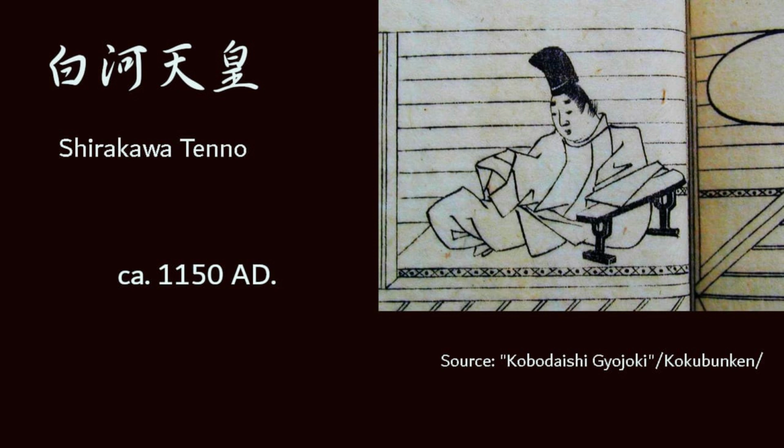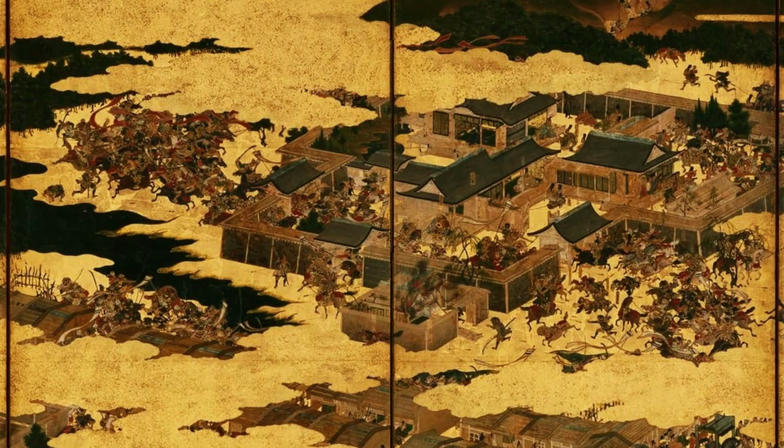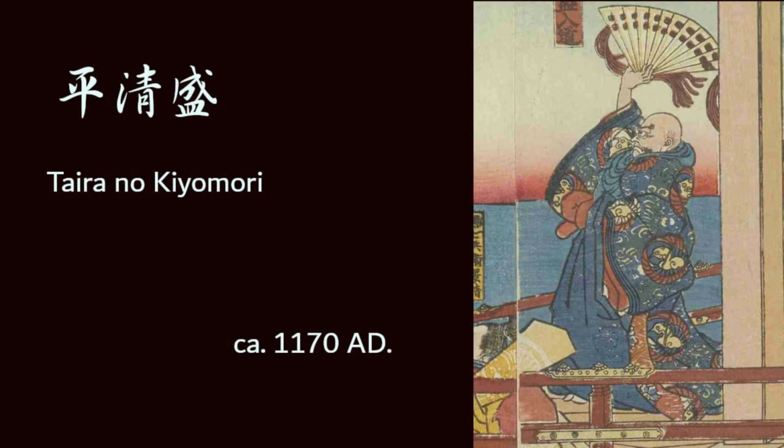The retired emperor exercised extensive power, but powerful temples served as countervailing forces. Furthermore, the present emperor and the retired emperor came into conflict. It erupted into an armed conflict due to a dispute over the succession of the imperial family. Significantly, the warrior class emerged that took part in these battles. Of particular importance were the Taira and Minamoto families. Among the Taira family, Taira no Kiyomori finally subdued the retired emperor and seized real power. Here the first military government is said to have been born.